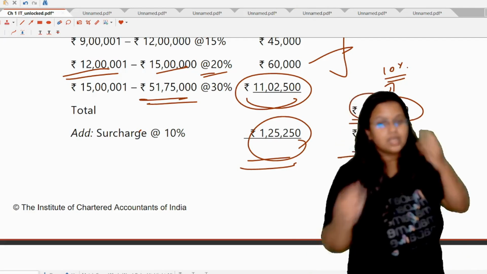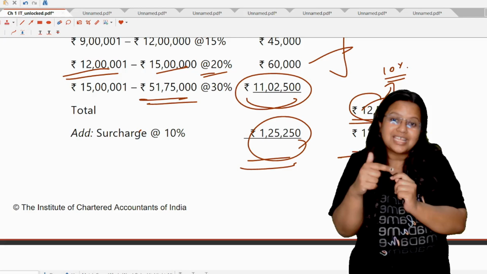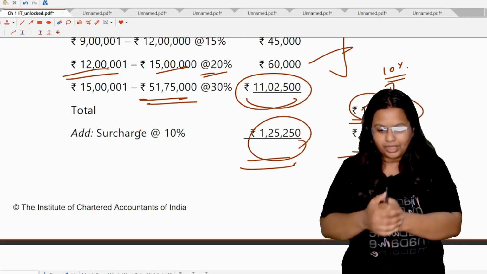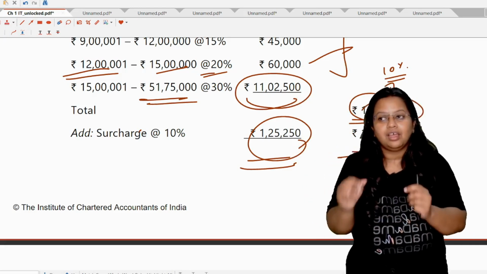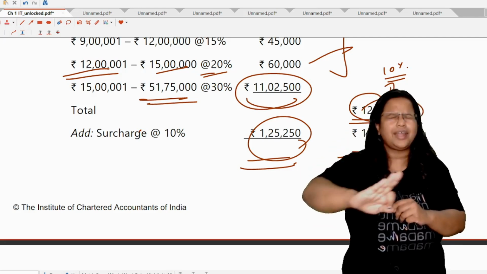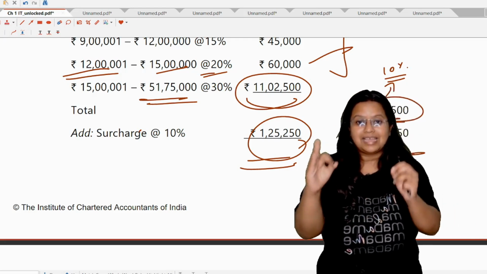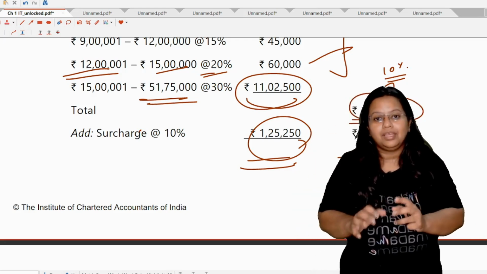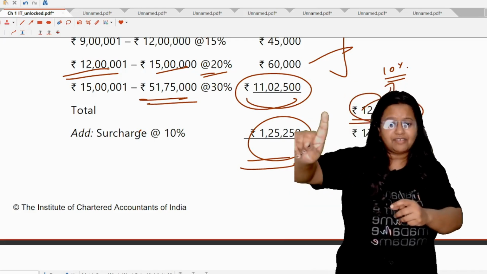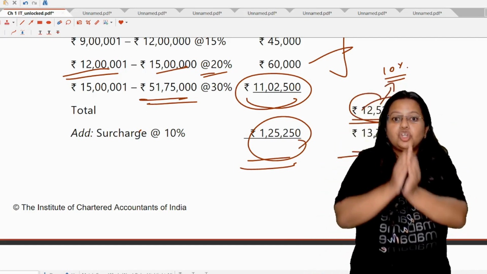Now here is the twist. Students, in the case of surcharge, they are saying surcharge is applicable because the income is more than rupees 50 lakh. Am I right? Now we have to check. Income tax is saying it must not happen, any unfair thing must not happen. They are saying it must not happen that a person earns an excess income of 1,75,000, due to which they pay the surcharge. So the tax amount should not be more than this.